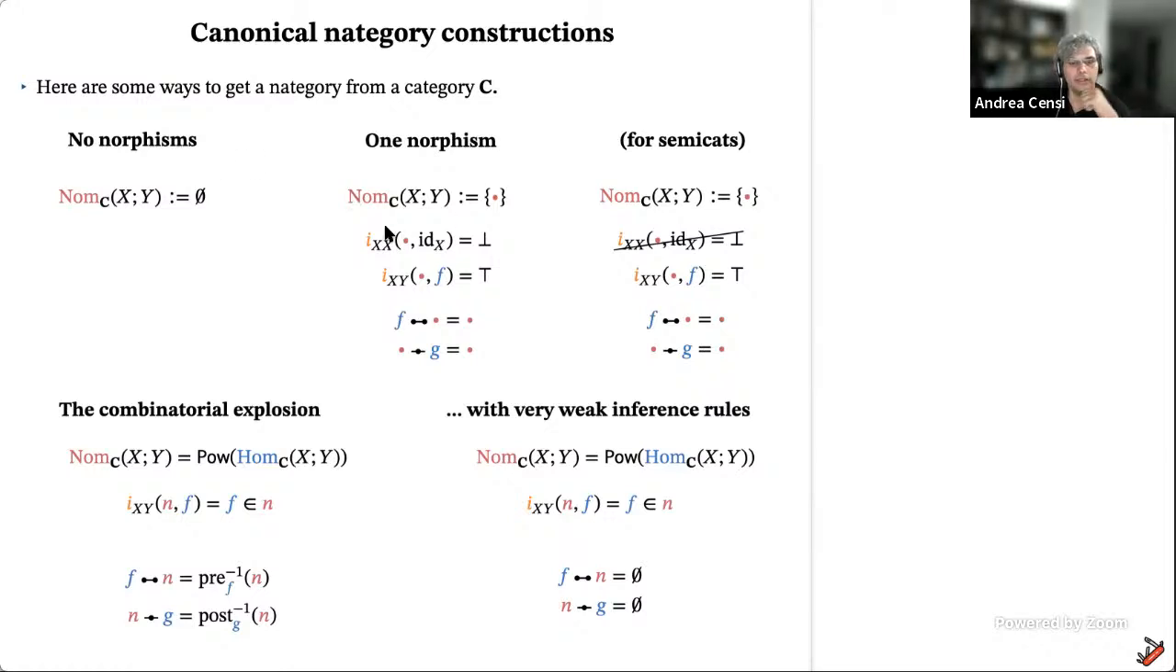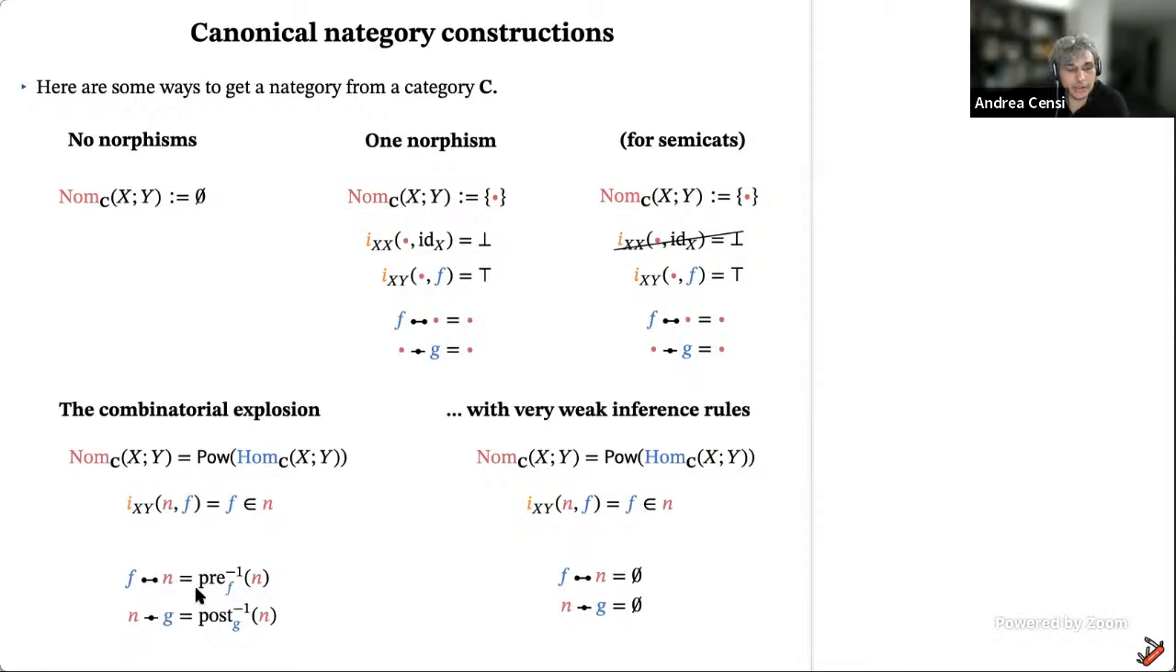Right, so these two are the really trivial ones. Then there is the maximum formalization in which you set the norphism to be the power set of the morphism. So now you can choose exactly which morphisms to exclude. Now, if N is a set, the incompatibility condition is that it's incompatible if F is contained in N. And you can derive now